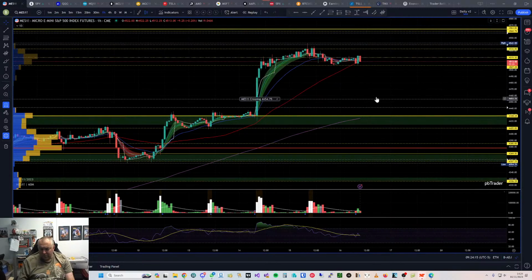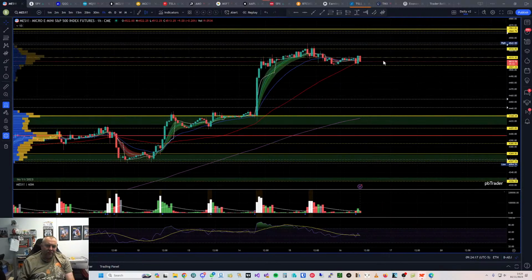But wait for confirmation, and if we see big bars pushing into this area, then I'll probably be looking for a reject. But if we see lots of small bars coming up into it, then I'll be looking for a break and retest long. That's kind of how I'll be looking. I said I may not be trading today. I'll keep an eye on the market, which opens in 6 minutes, and I've got things on today, so I'm going to see what happens. Maybe look for a quick scalp and open and then call it a day.